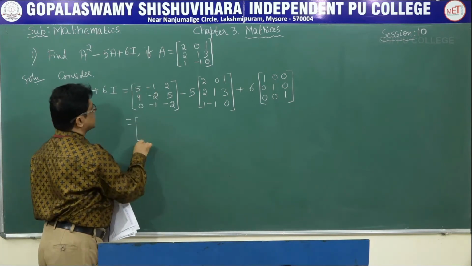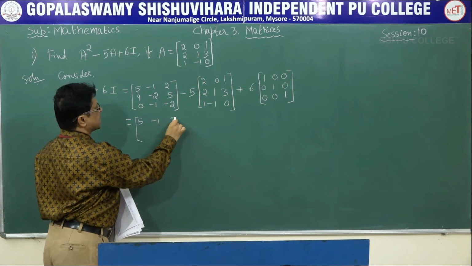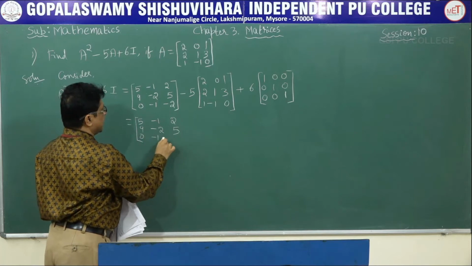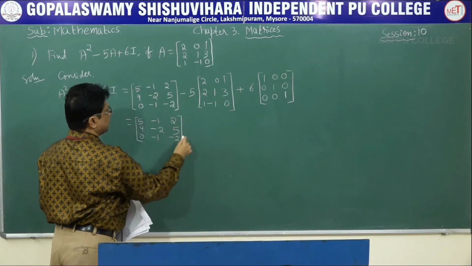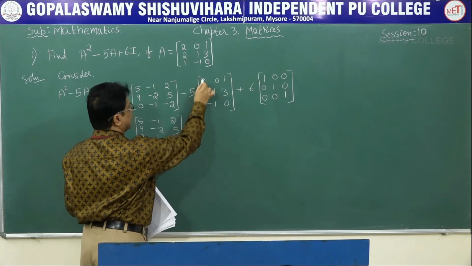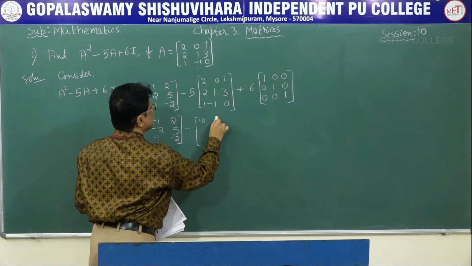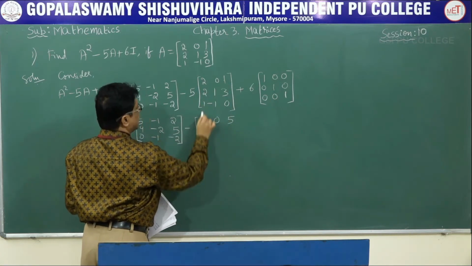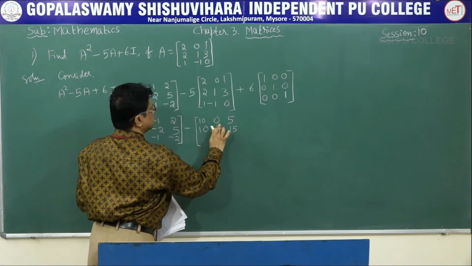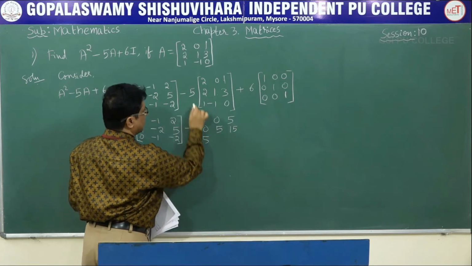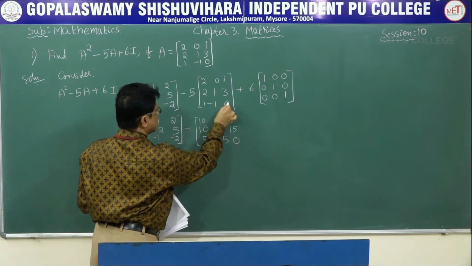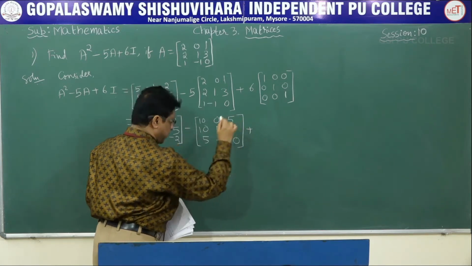We write the first matrix as it is: 5, minus 1, 2, 9, minus 2, 5, 0, minus 1, minus 2, minus, we multiply 5 to the matrix. 5 2s are 10, 5 0s are 0, 5 1s are 5, 5 2s are 10, 5 1s are 5, 5 3s are 15, 5 1s are 5, 5 into minus 1 is minus 5 and 5 into 0 is 0, plus